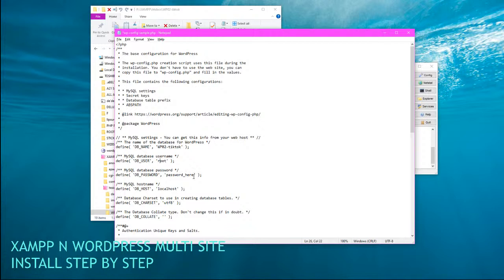Username is root and password is blank. Now, there is a way to secure and delete 3 or 4 extra user profiles in the phpMyAdmin, but I'll save that for a different video. Okay, so we got the name, the user, the password, and all you do is hit save, close out,